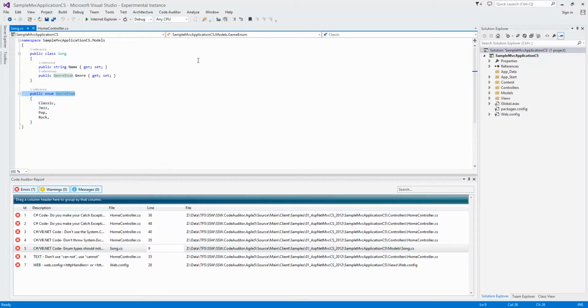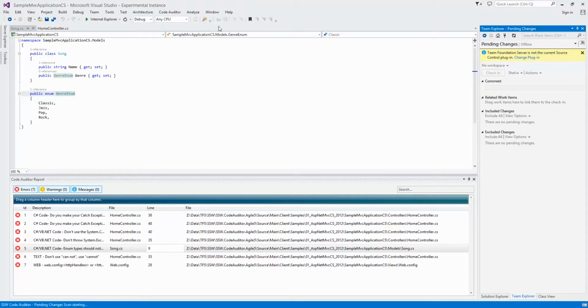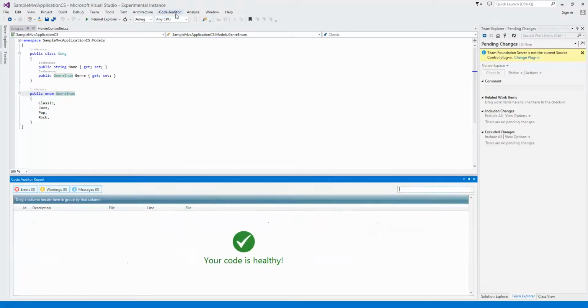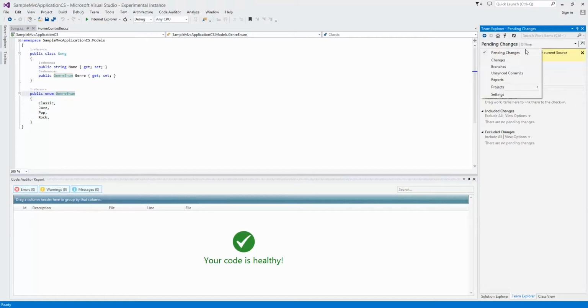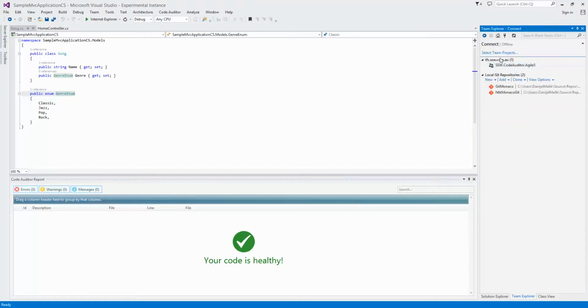Now the other thing which is pretty useful, if you want to scan just pending changes in TFS, you can do that by just going to Code Auditor and choosing Scan Pending Changes, and this will take you to the pending changes window. Of course, this is not a project where I have any changes, that's why this failed. It will come back that your code is healthy because it didn't find any changes. But let me switch to a project where I have some pending changes,